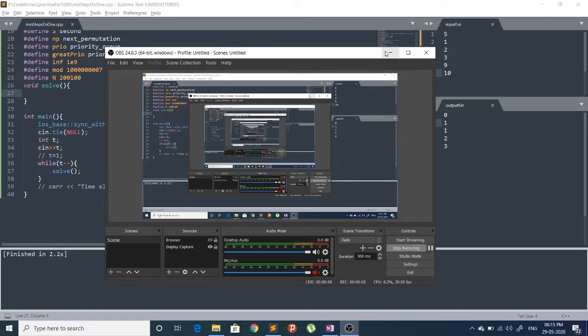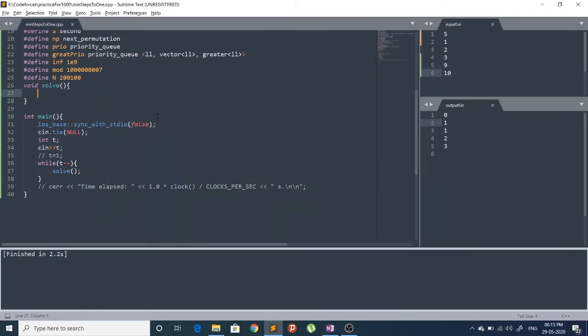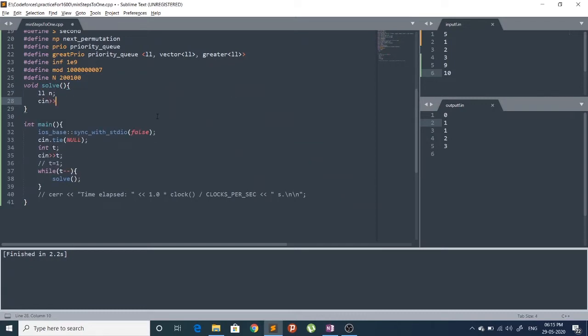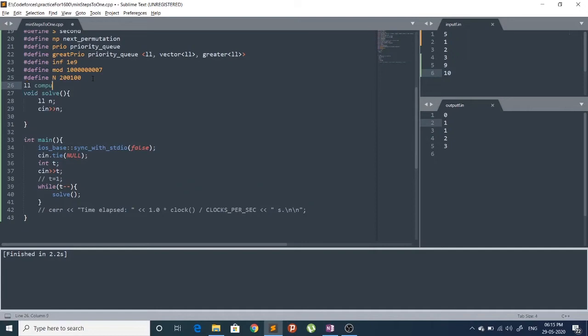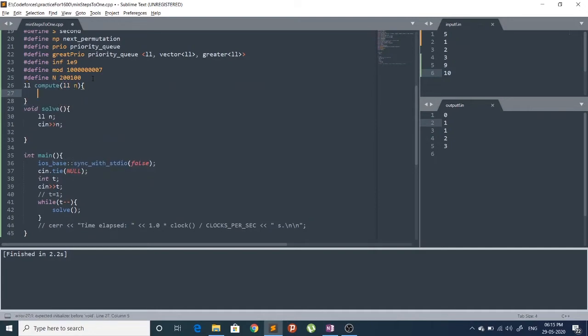Hey guys, in this video I am going to code for the problem minimum steps to 1. So at first I will implement the top down approach. So let's take input and let's make a function which will compute my answer. So in this function I will pass n and